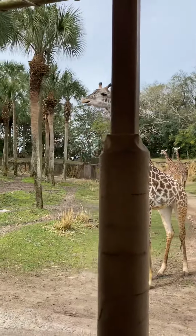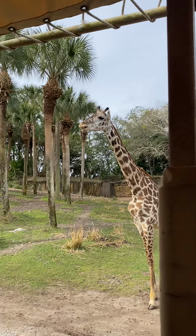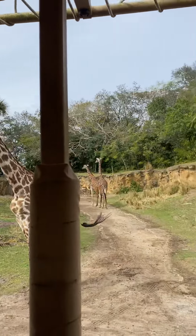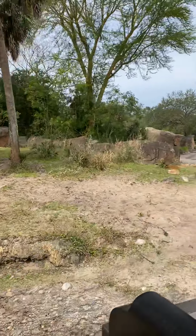We also have view of the Patterson's eland. Those are the 2 very large antelope in the back on the corner there. The Patterson's eland is both a male and female. They have those really cool spiral-shaped horns that you can see on top of their heads there. You like that giraffe? But we're going to shift gears and see if we can find the